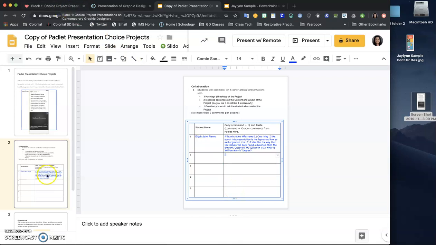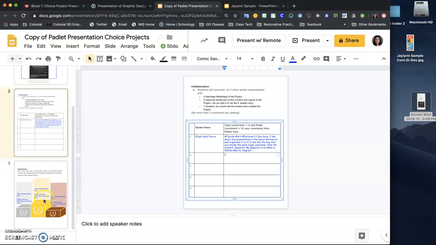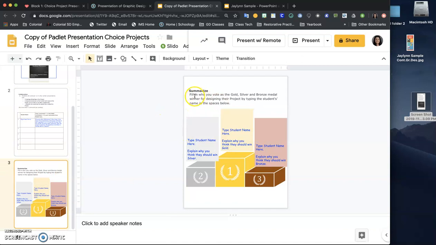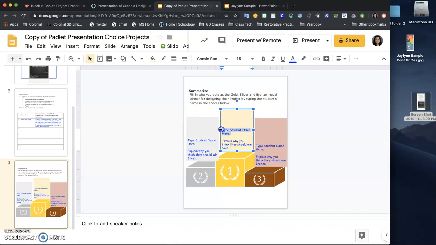So you're commenting on 5 of your peers, and you're tracking your comments over here, as well as posting them on Padlet. The last thing that you're going to do is you're going to summarize. You're going to fill in who you vote for as gold, silver, and bronze medal winner for designing their project by typing the student's name in the spaces below. So here, I'm the only one that sees this. So I'm going to type in Jaylyn,